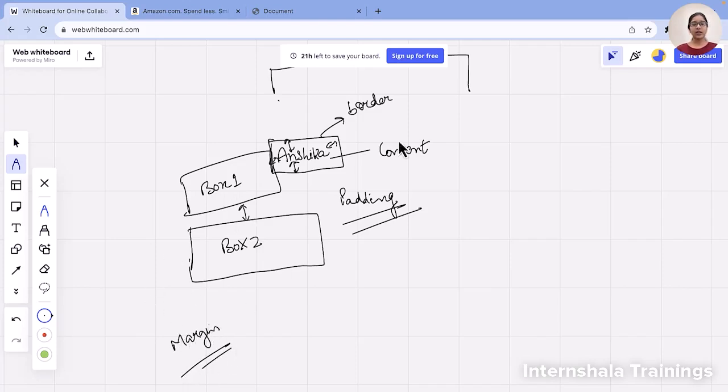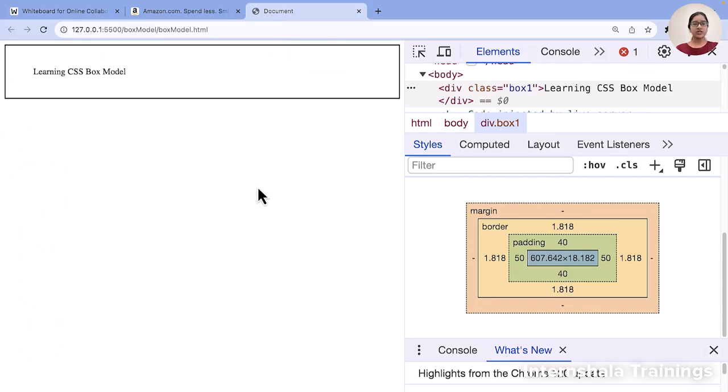We know that padding is the inner space between content and border. But outside the border, when there are other HTML elements, to increase or decrease the space, we use margin.